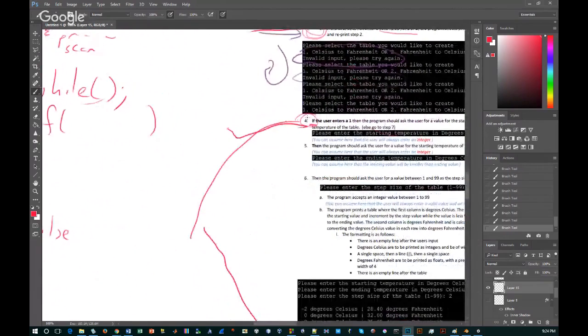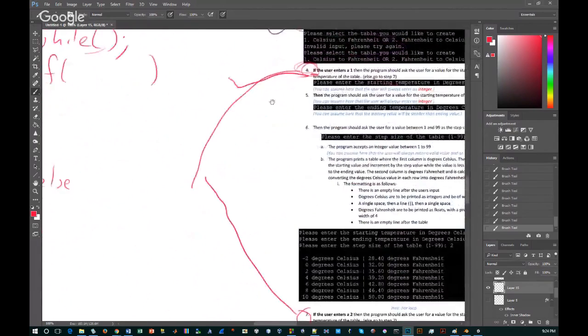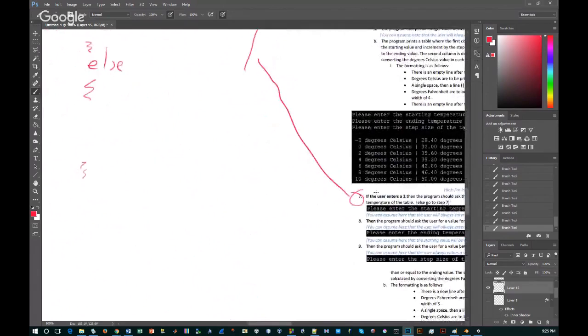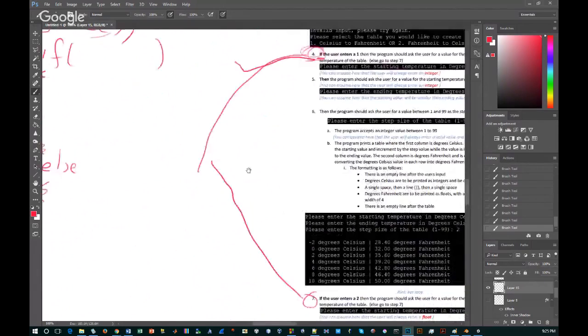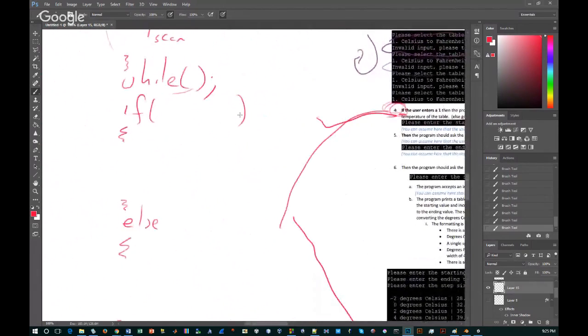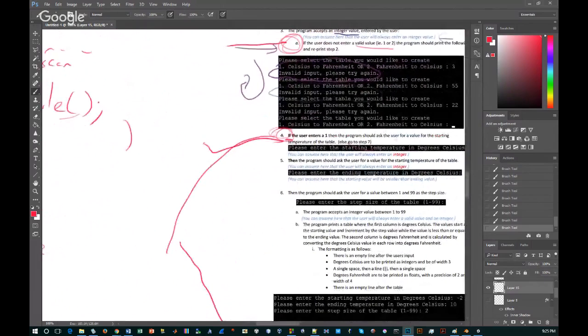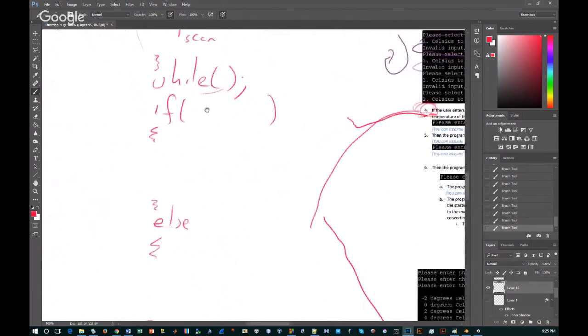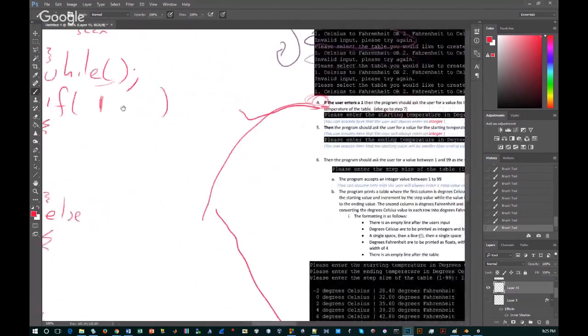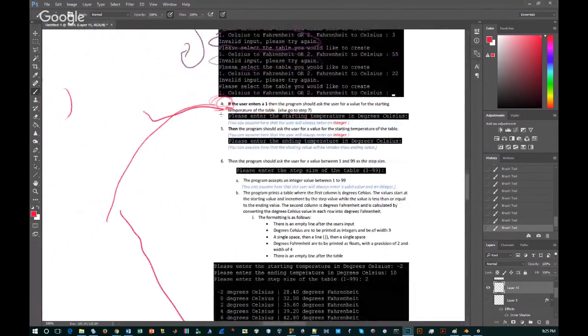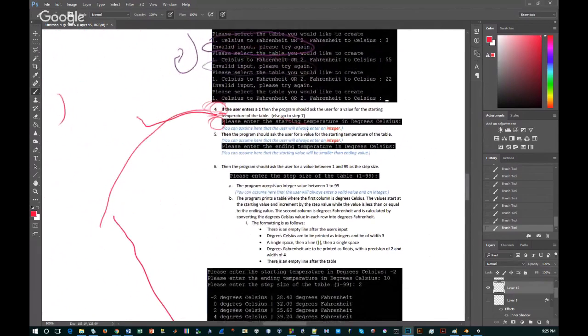So we've got this if here. We've got this if here. You can do that however you like. So if they enter a 1, then we print something to the screen, and we need to collect something from the screen. So once again, it's just a print and a scan. Once again, we can assume